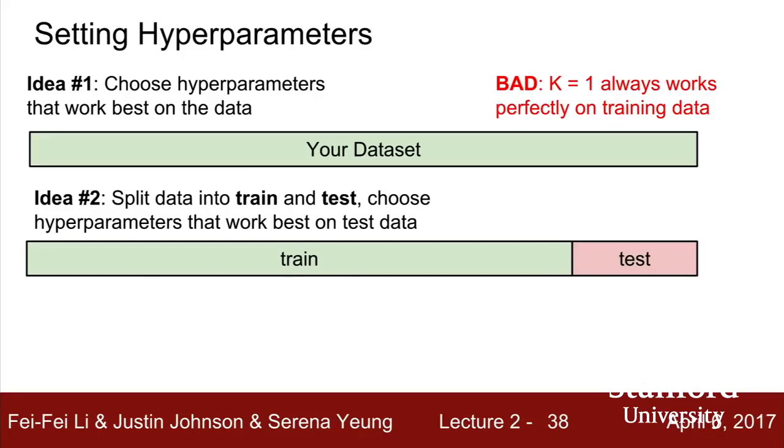And now I'll try training my algorithm with different choices of hyperparameters on the training data, and then I'll apply that trained classifier on the test data, and now I will pick the set of hyperparameters that cause me to perform best on the test data. This seems like maybe a more reasonable strategy, but in fact, this is also a terrible idea, and you should